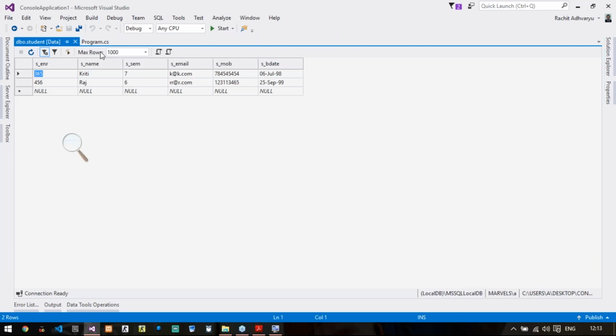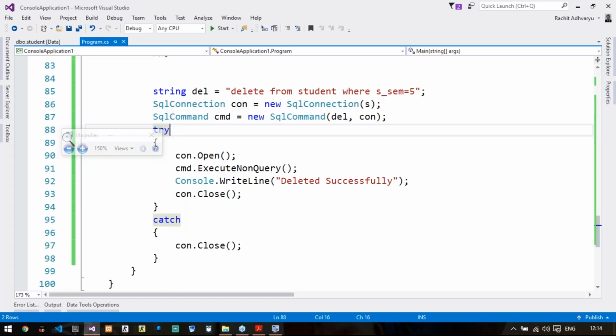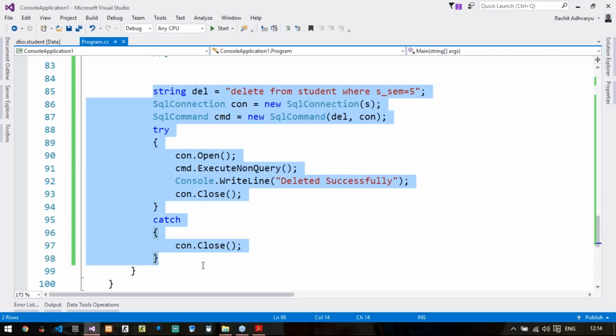This code. Yes, you can write this string, the query, directly in the SQL command instead of creating first a variable and then passing it in the SQL command class. It is okay. No errors, nothing wrong in it.